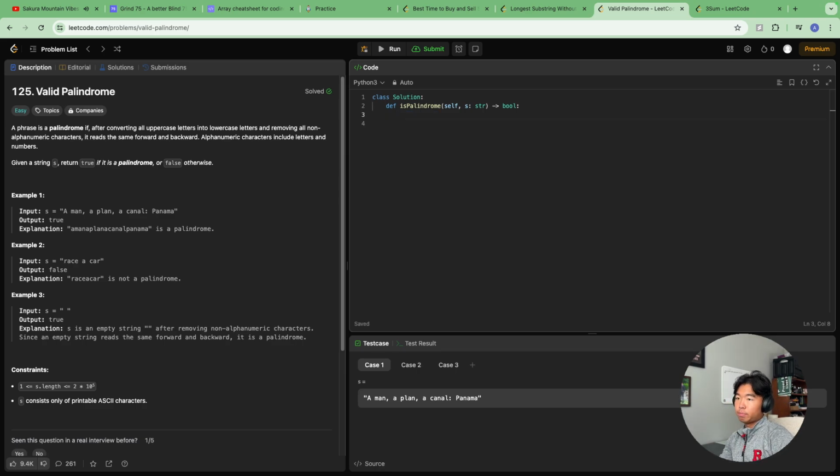Okay, valid palindrome. A phrase is a palindrome if, after converting all uppercase letters into lowercase and removing all non-alphanumeric characters, it reads the same forward and backward. So one way you could do this is to strip the string of everything, then reverse the string and check if it's equal. Another way we can do this is we can start a pointer at the end